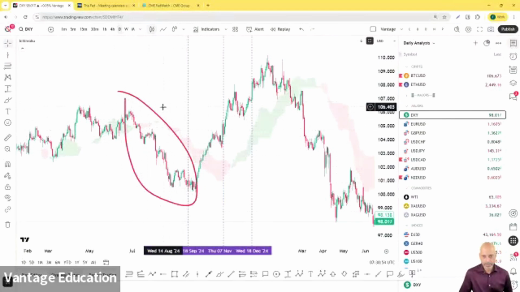Right, so you can see here high rate cut expectations, softer US labor market data, continuous easing of inflation, already caused the dollar index to lose value even before the first rate cut took place. And all that reversed, right? Actually, the macroeconomic environment reversed quite drastically between June and September, and from September till the end of the year. During this period, from end of September till the end of December,